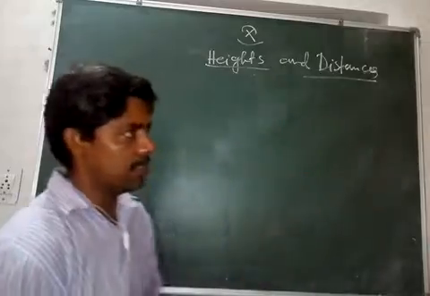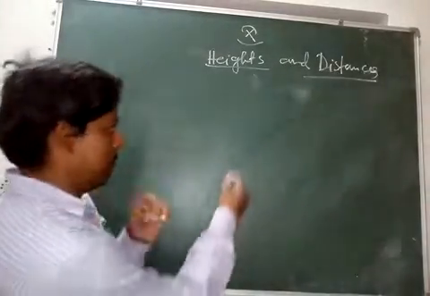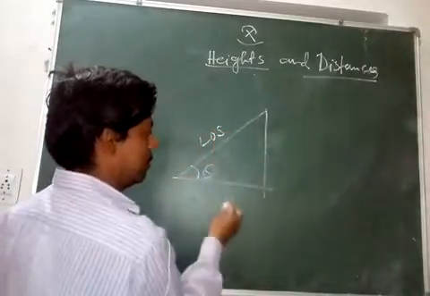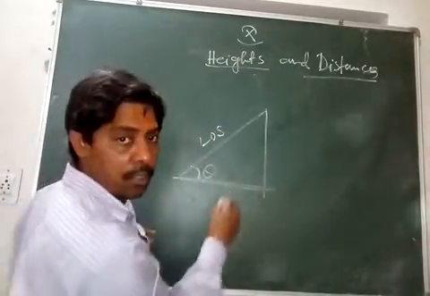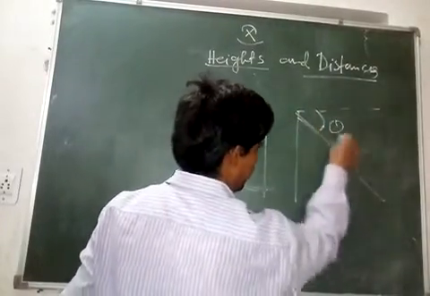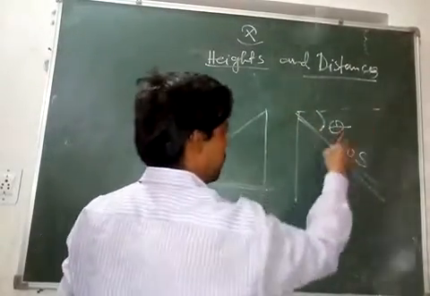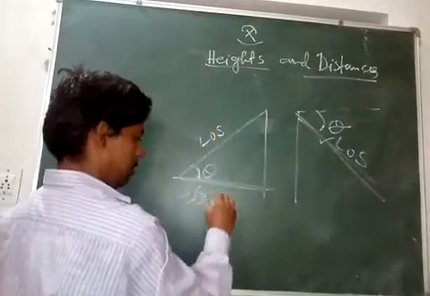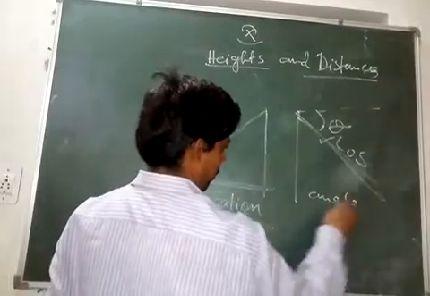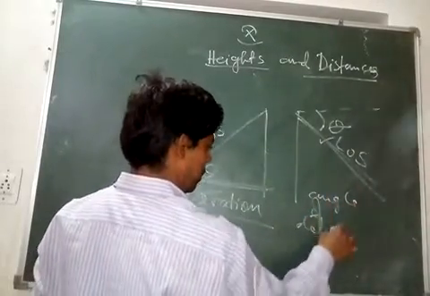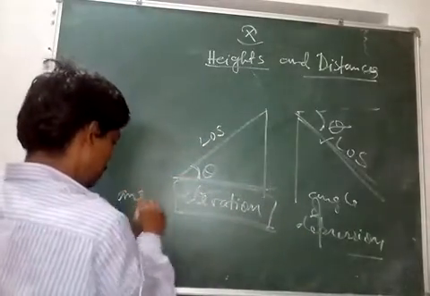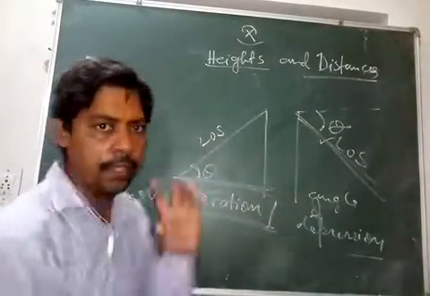As you know, in heights and distances, we have learned what is angle of elevation, okay? What is line of sight? This is angle of elevation, and this is called the horizontal. Similarly, angle of depression with the horizontal. This is line of sight in angle of depression. So here this is angle of depression, this is angle of elevation. You should know both the types of angles, and then you should know how to draw the diagrams related to a particular question.